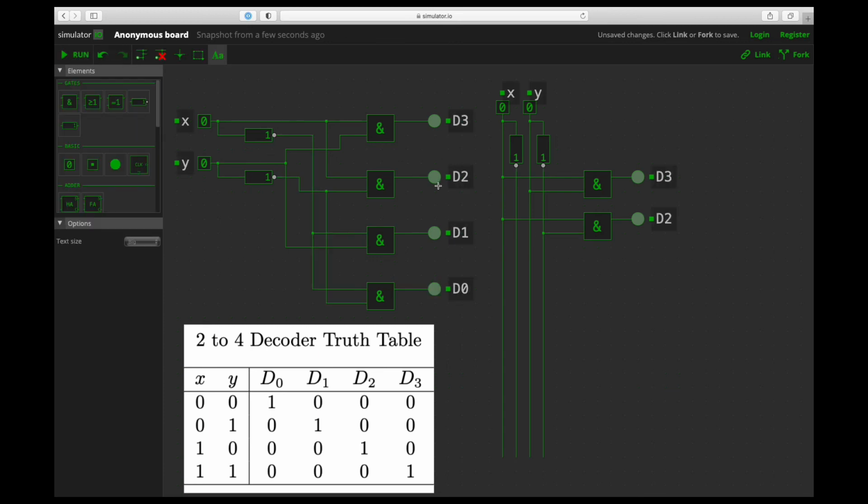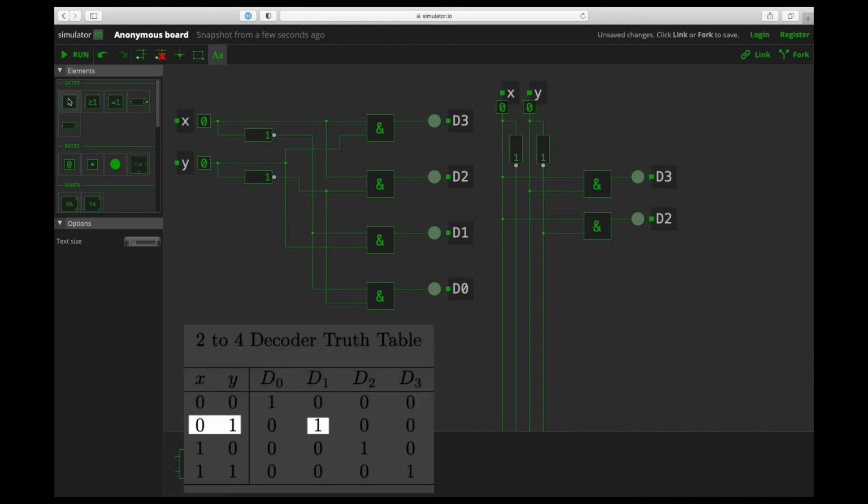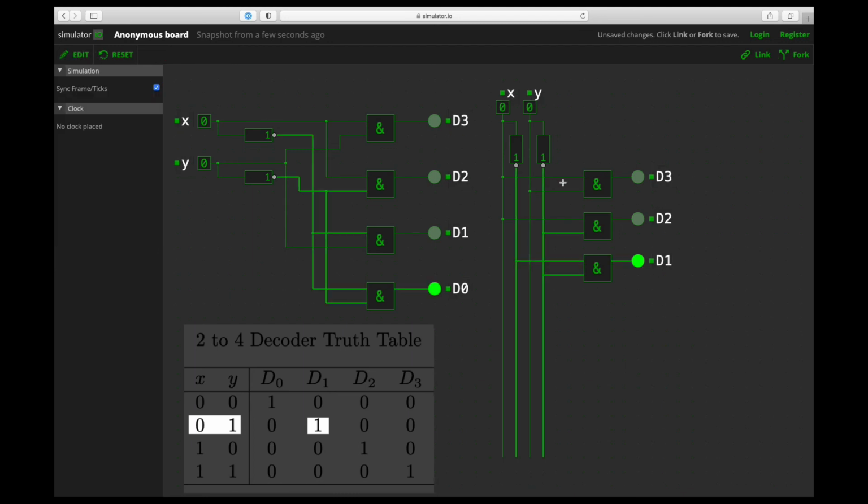So let's add D1. I think by now you see where this is going. It should be a relatively simple pattern, right? So let's put this down here. So now I've got my D1. That should only be true if X is 0 and Y is 1. So if X is 0, which means here I go to the negated line and wire that up, and then Y on the other hand has to be 1, and then I can add my output and wire that one up, add my label for reference, D1, and running this, we should see that this is,